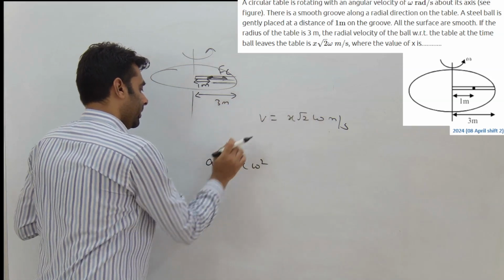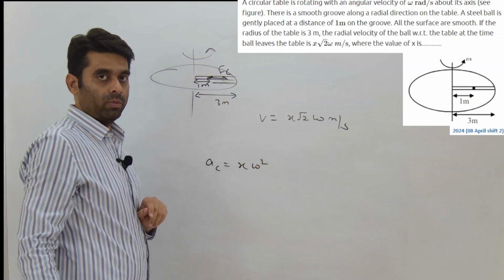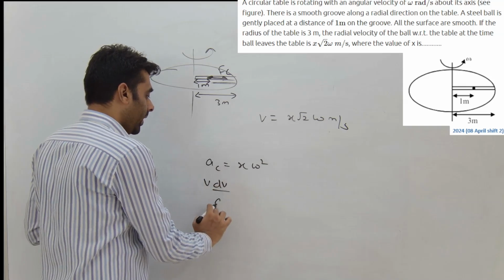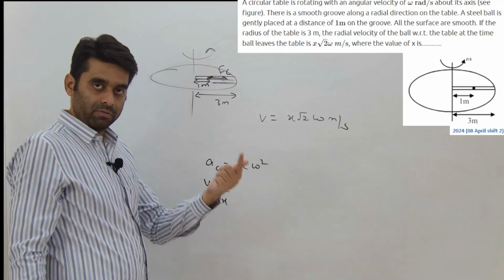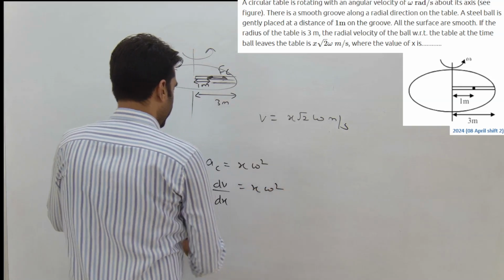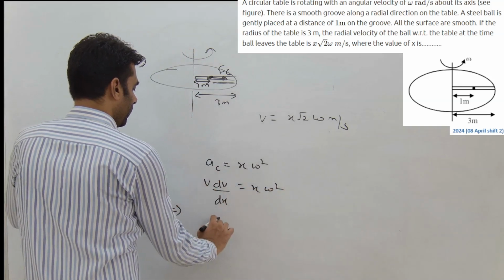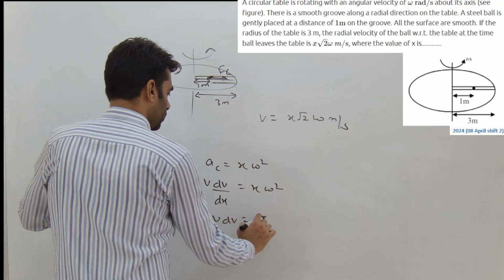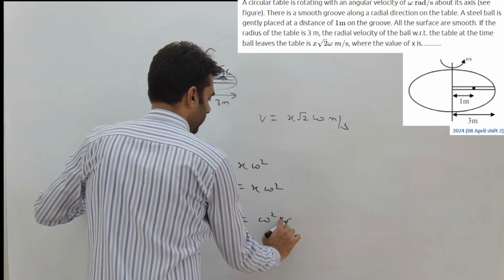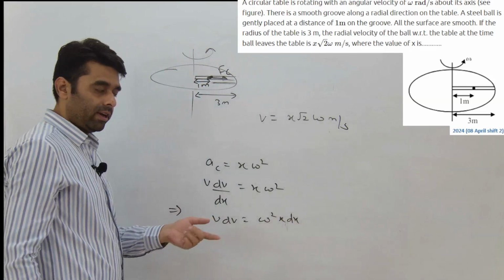We have written the acceleration as x omega square. This we can write as v dv by dx. Acceleration, v dv by dx, equals x omega square. Let us simplify, arrange it. v dv equals omega square x dx. If we integrate this,